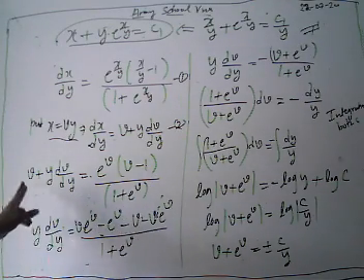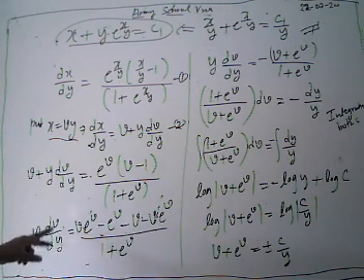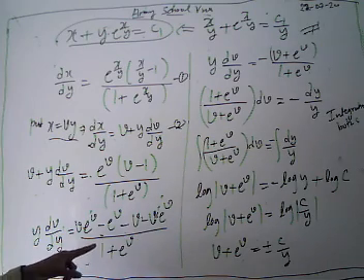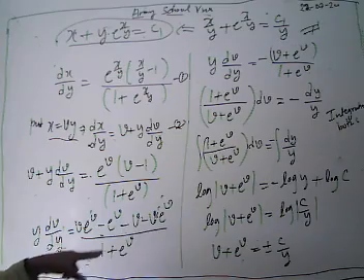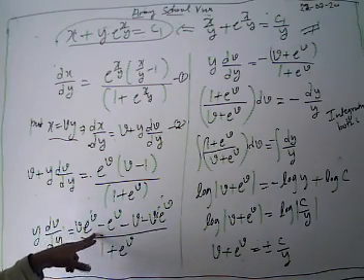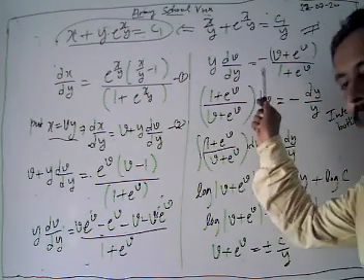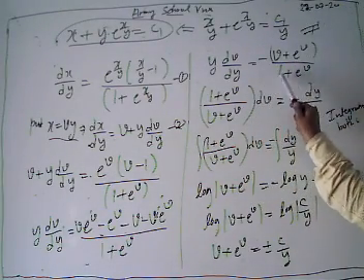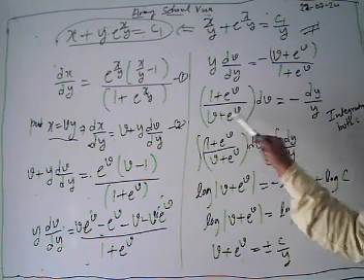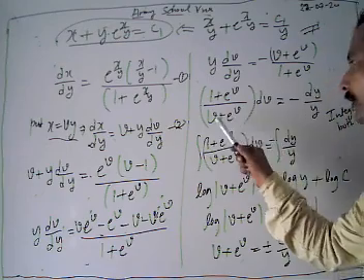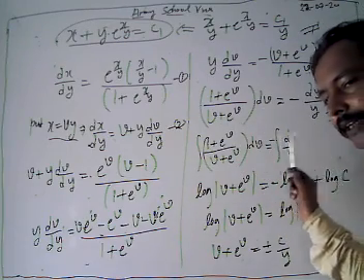Now transposing this v and after solving, what do we have? Y dv by dy is equal to (v into e to power v minus e to power v minus v into e to power v) upon (1 plus e to power v). These terms cancel each other. Then finally we have y dv by dy equal to minus (v plus e to power v) upon (1 plus e to power v), taking out minus common. From here we separate our variables. Then we have (1 plus e to power v) upon (v plus e to power v) dv is equal to minus dy by y. Then we integrate both sides.